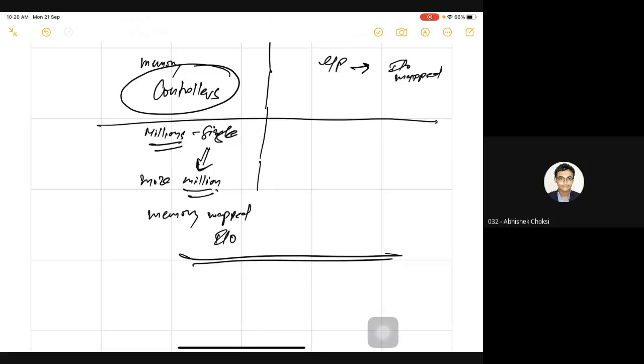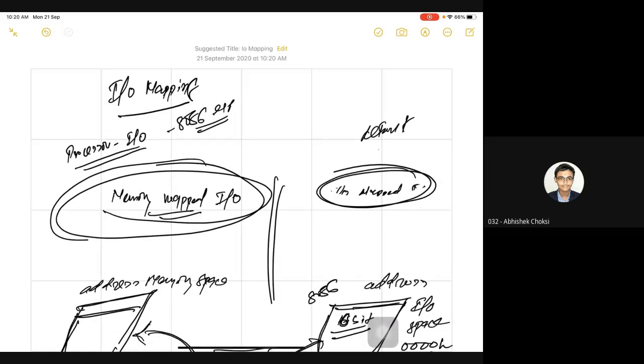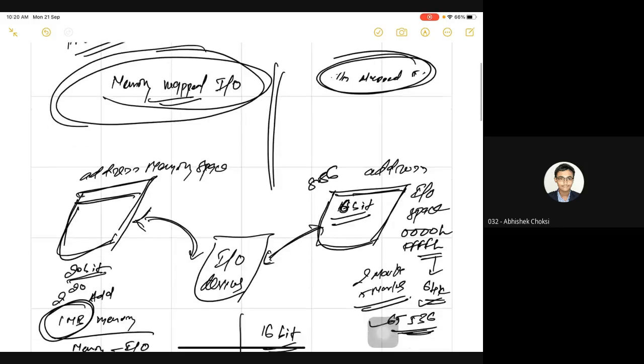Okay, just for the sake of revision I am telling you again what we are doing and why. We want to attach our input output devices to our microprocessor 8086. There are two ways available. One is to use the addresses of IO space or use the addresses of memory space.